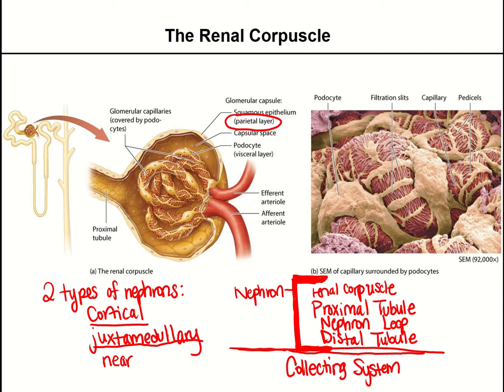And the pedicles of these podocytes, I'm not sure how to pronounce it, are going to form these little filtration slits around the capillaries, which is going to be sort of like your coffee filter in a way, as the blood filters